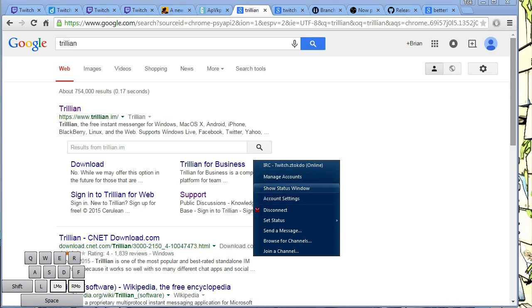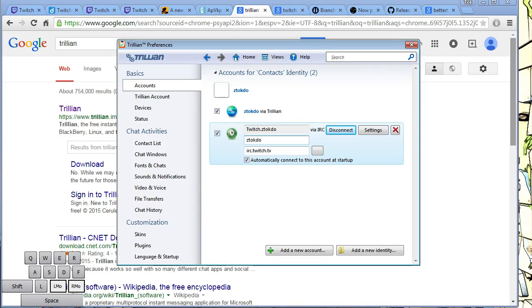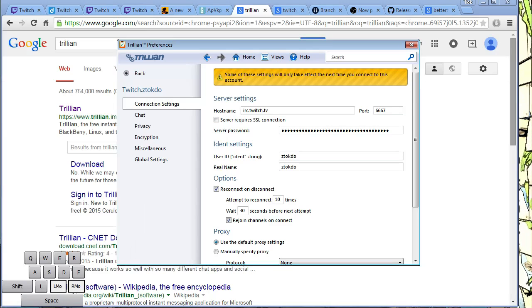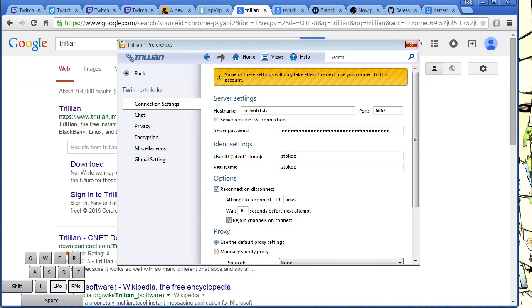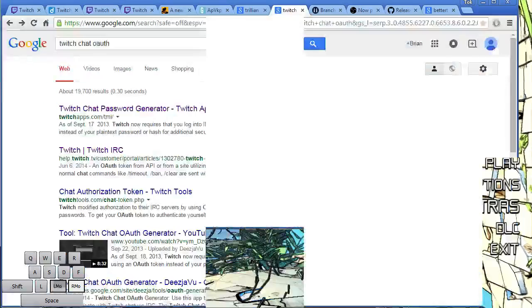In Trillion, there's a settings page. I open up the settings and I manage my accounts. In here, you can put any name for your account, and then you put your username, then you do irc.twitch.tv, and then what you'll need is a server password to actually log in. This is not the same as the password of your Twitch account, so you have to use a custom Twitch password. In order to find this password, you have to come out here to